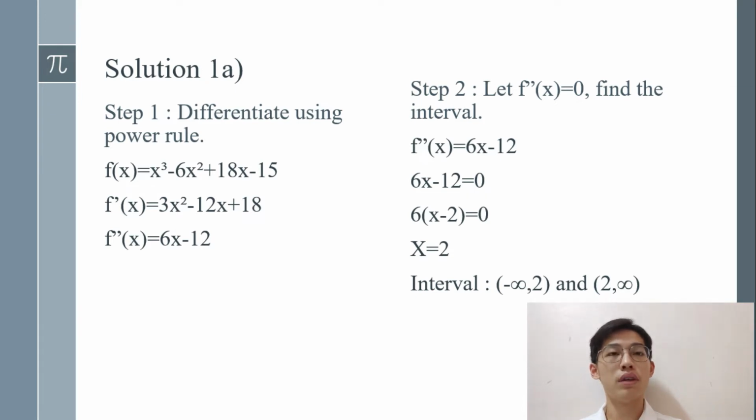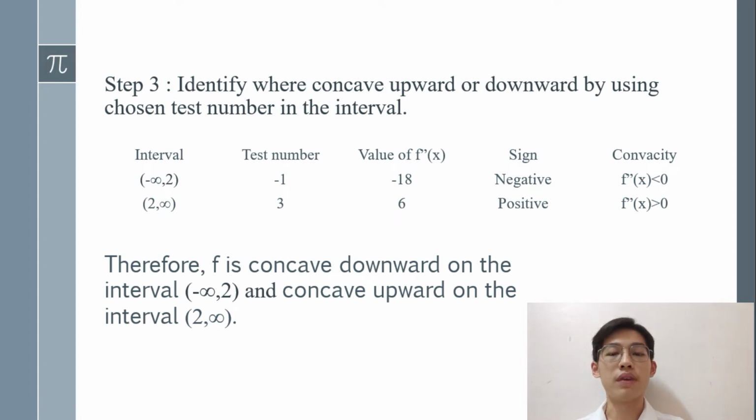and 2 to infinity. For step 3, we will identify where it is concave upward or downward by using a chosen test number in the interval. For these two intervals, I choose -1 and 3 as my test numbers. The values of the second derivative function using these two test numbers are -18 and 6. This shows a negative sign on the interval negative infinity to 2 and a positive sign on the interval 2 to infinity. Therefore, the function is concave downward on the interval negative infinity to 2 and concave upward on the interval 2